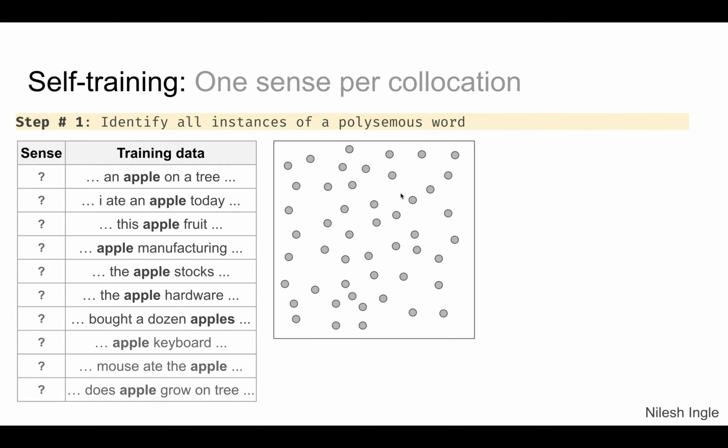So let's imagine we are working with a couple of documents, and from those documents we need to classify which classes each of those documents belong to. So what we do is we pick a polysemous word. What I mean by that is that word could have different meanings in a sentence. So when put in a sentence, the sentence would have some sense as to what that word should be classified